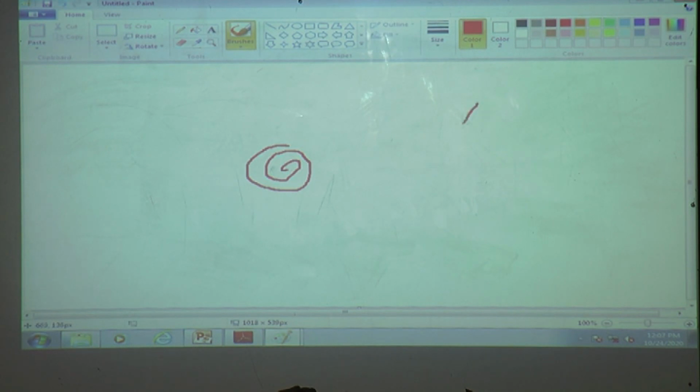How to draw? If I, without pressing the mouse left button, only move the mouse, then it will not draw. For drawing we must press the mouse left button, then and there it will draw.